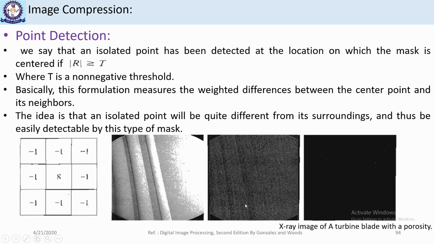Now this output will be thresholded, which means its magnitude will be checked for a particular value. If it is greater than a particular value, then only it will be assigned a 1, otherwise its value is 0. So here we can say it's whole black, only some portion somewhere here and here some points are there where we have point discontinuities. That means there is an abrupt change at a point in the intensity, right? So this is how we detect the point discontinuity.